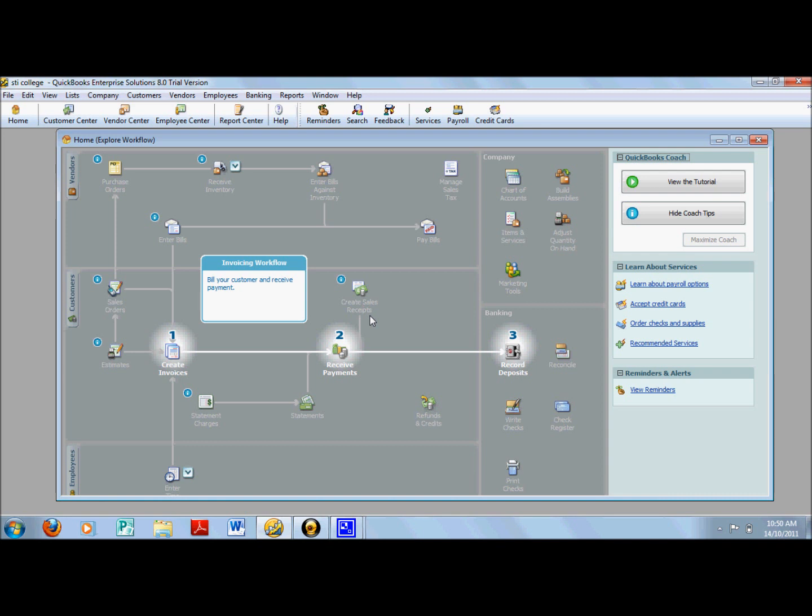QuickBooks also lets you set a default price level for a customer. When such a default price level is set, QuickBooks automatically uses the appropriate price level when you choose that customer. The price level box appears on the additional info tabs of the New Customer and Edit Customer window.